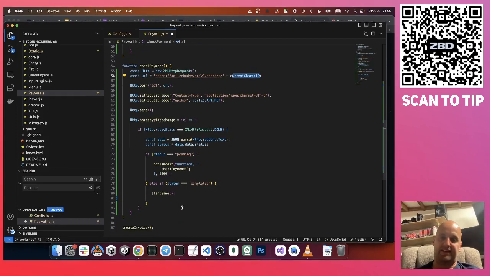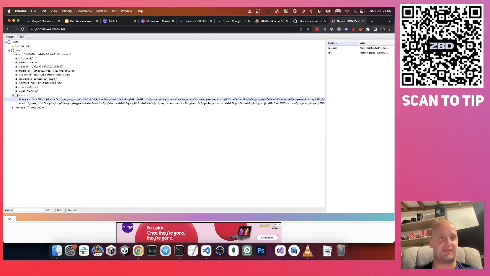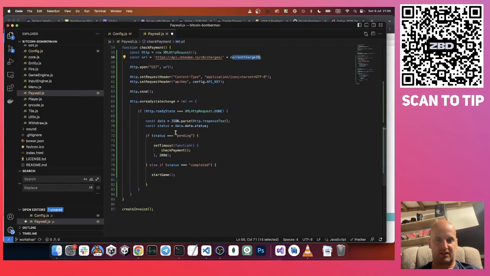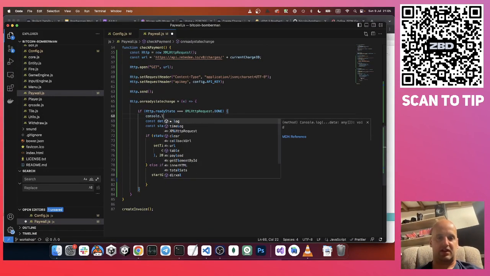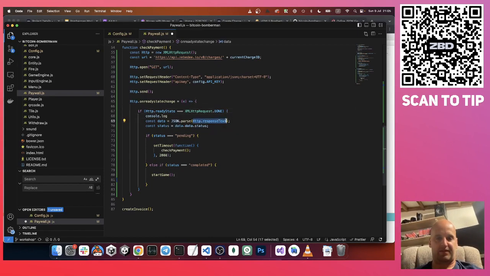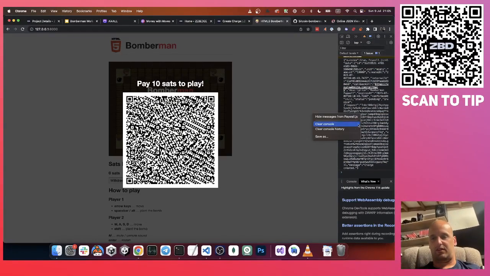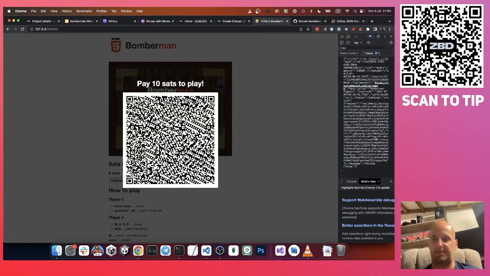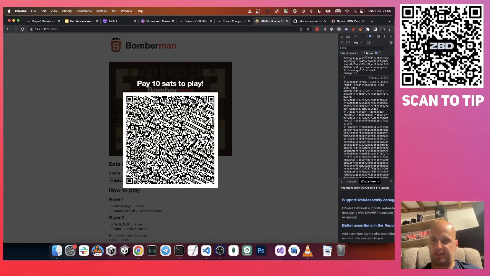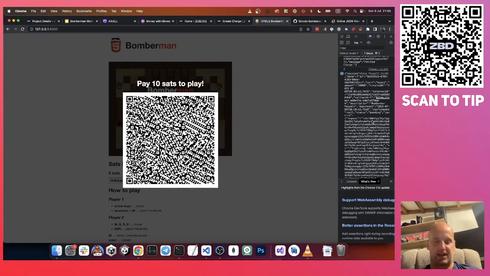And the response we get is pretty much the same as this. We actually get the invoice object, and status will be different if it's paid. So we can actually have a look at this. Let's log out the response text as well. Okay, and if we reload, we should see every 2 seconds, yep, it's getting the charge details. Status is pending. But if we pay this one now, it should in a second or two, yep,